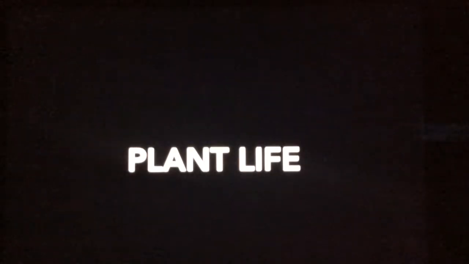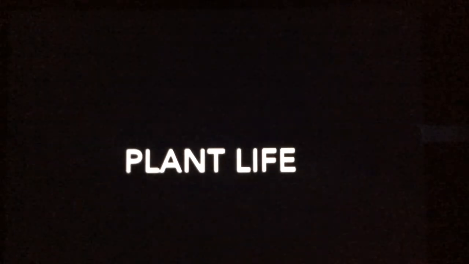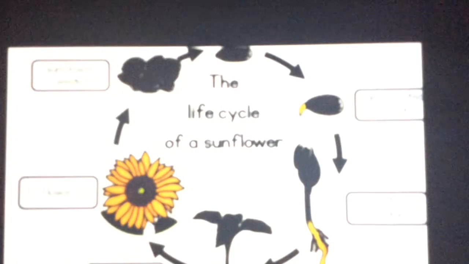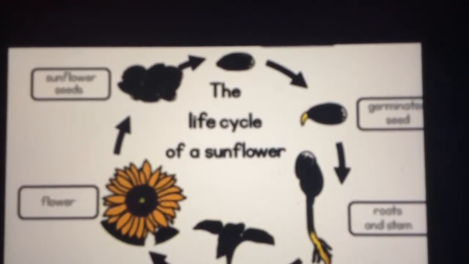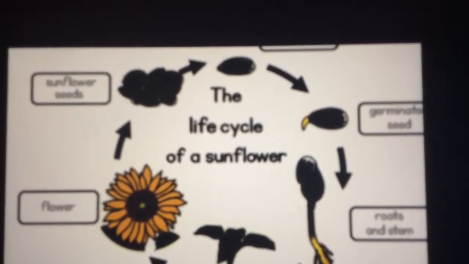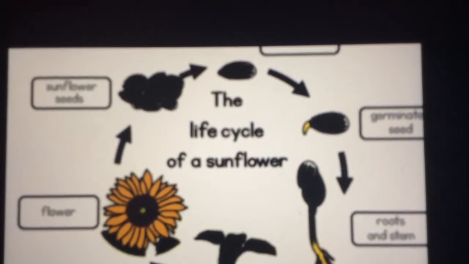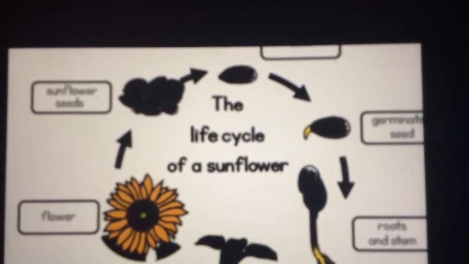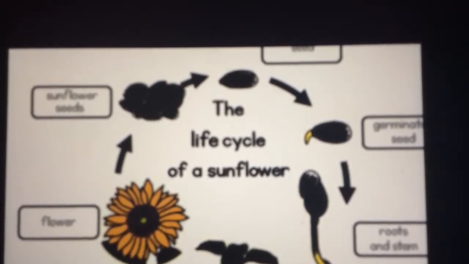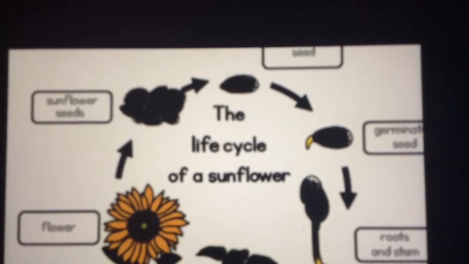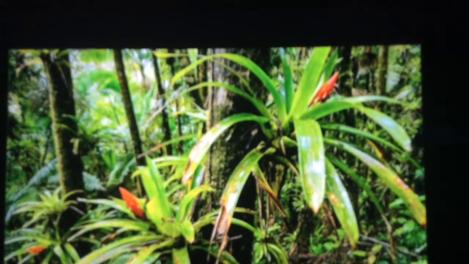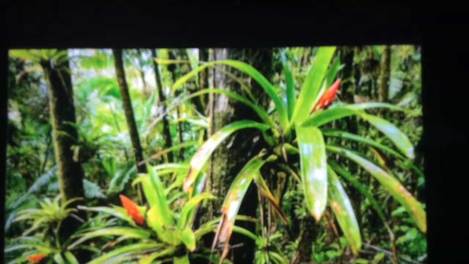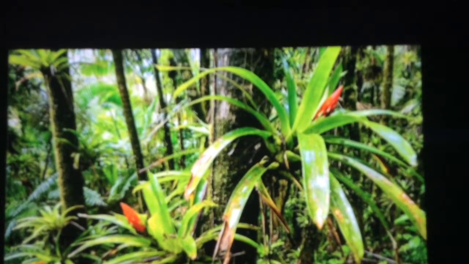Plant life is a life cycle of the stages that a plant goes through. As an example, we have a sunflower. The first stage is the seed. From there it goes to a baby plant that still doesn't have petals. The last stage is an adult sunflower. From every plant you can get many different stages, but this is just a simple example.